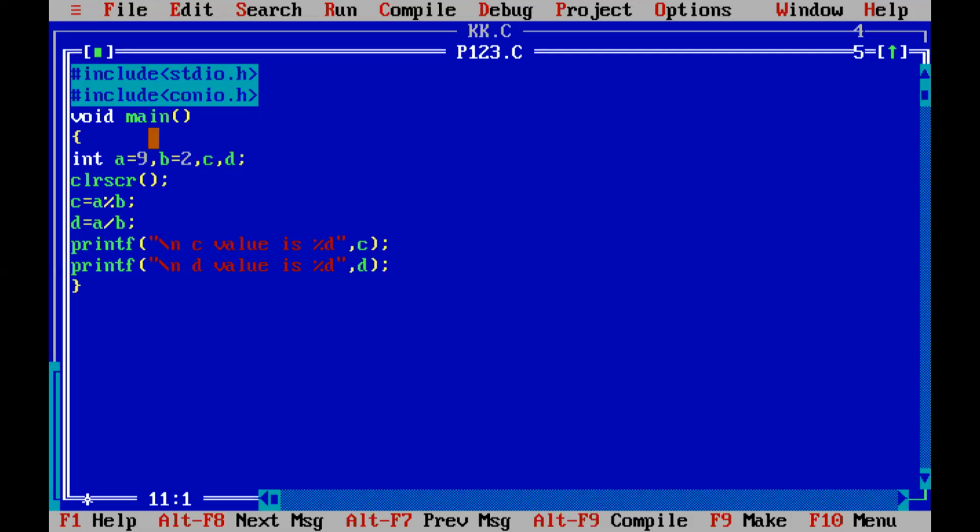If you want to take float values, suppose float 9.2, suppose 2.2. If you compile this program, automatically the compiler will give an error message. Just check it.